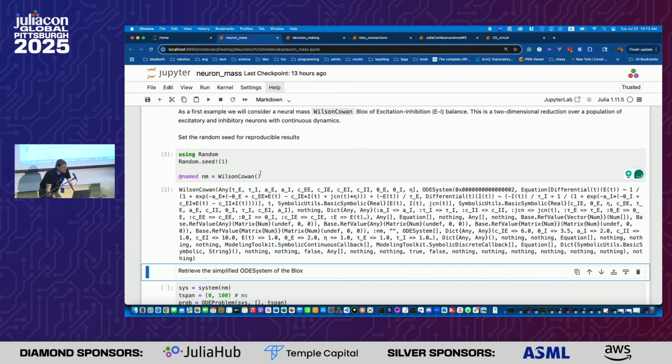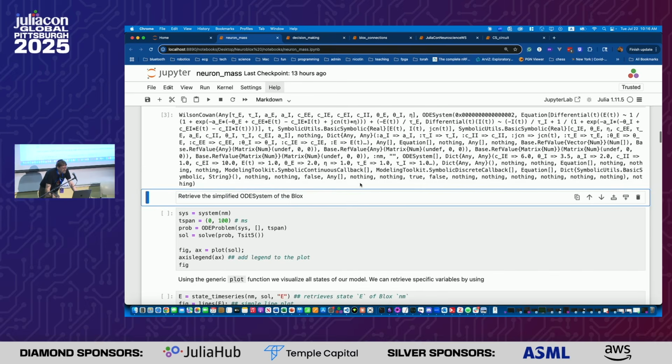Let's start with a simple Wilson-Cowan model, right? The Wilson-Cowan model is one of the earliest neural mass models. Essentially, what they assumed was that there was a population of excitatory neurons and then a population of inhibitory neurons, and they interact with each other, but it's essentially the average activity of the excitatory population versus the average activity of the inhibitory neurons, and it's a super simple neural mass model, and you can, for example, build oscillatory behavior with these models, and so